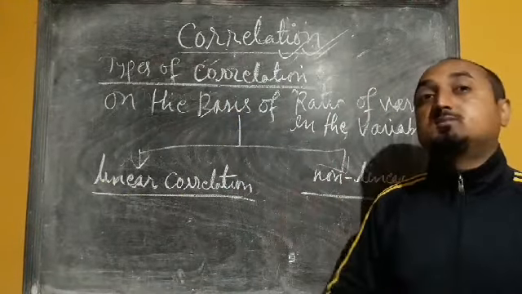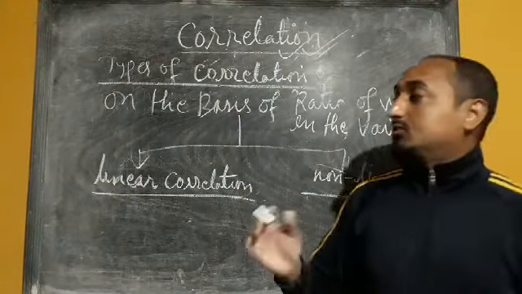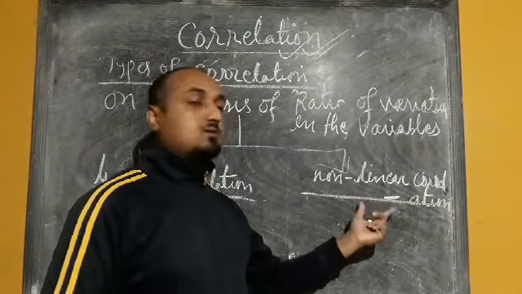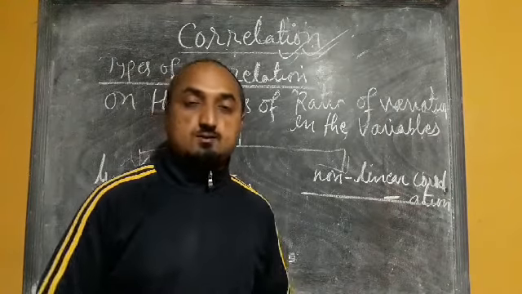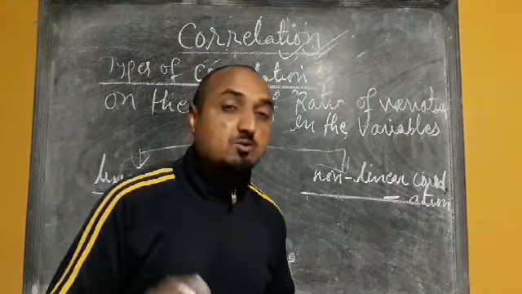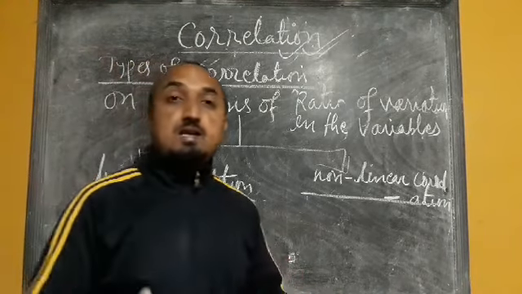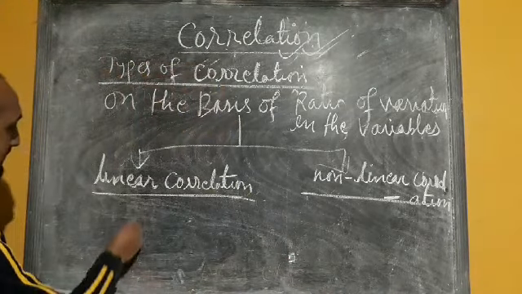So on the basis of that, we have classified the correlation into two types. One is called linear correlation and the other one is called non-linear correlation. So here you have to understand what is linear correlation. In order to explain linear correlation, let's take the example of income